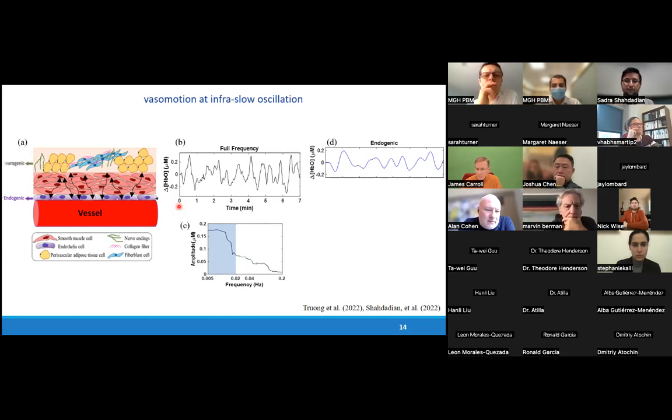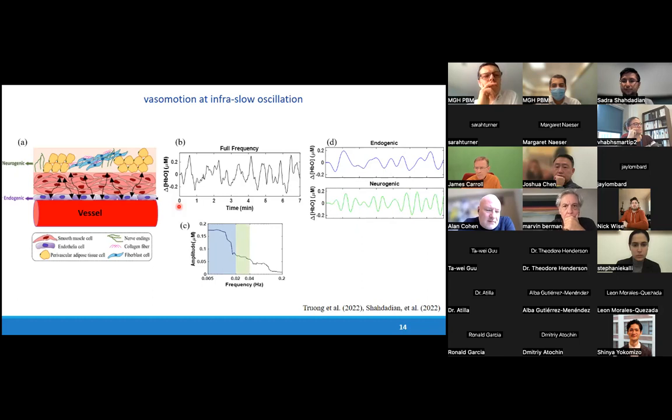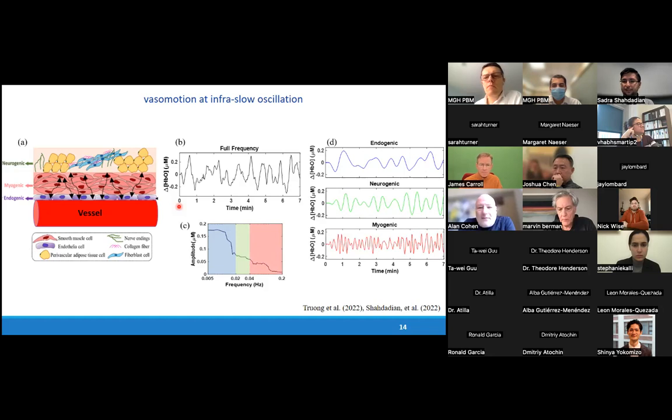we will see a very slow oscillation in the changes in the oxygenated hemoglobin. The next one is the neurogenic band, which is responsible for the interaction between the vessel wall, the vessel dilation, and neurotransmitters and neuron endings. The oscillation in this band is a bit faster. The last one, which is the fastest in this range, is the myogenic band, corresponding to 0.04 to 0.2 hertz, and it shows the oscillations in the smooth muscle cells. By separating these three components in the time series, we can look at them separately and see which layer of the vessel wall is oscillating differently